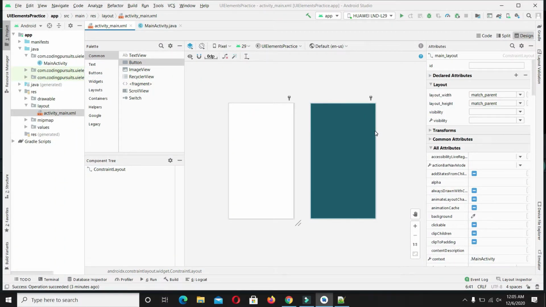In this video we are going to learn a way in which we can dynamically add a view or a button or a widget on the screen, and we can also learn a way to remove an already present widget or button from the screen. So stay tuned and watch the video till the end.